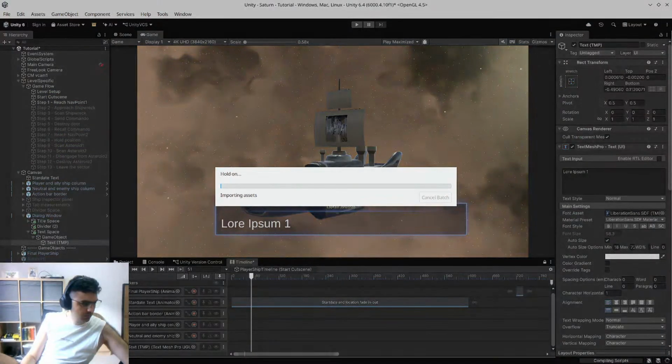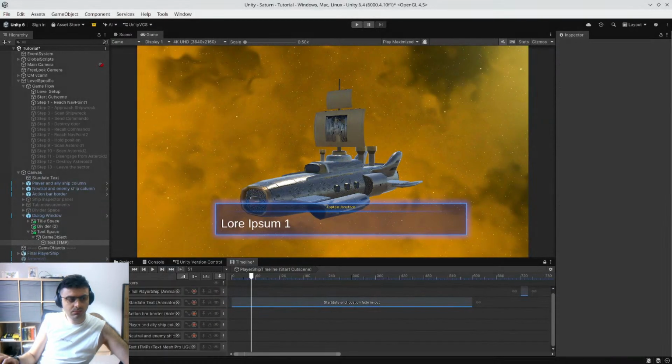Great. If we move between our two clips here, the text swaps between them, and if we add half a second of easing in and out,